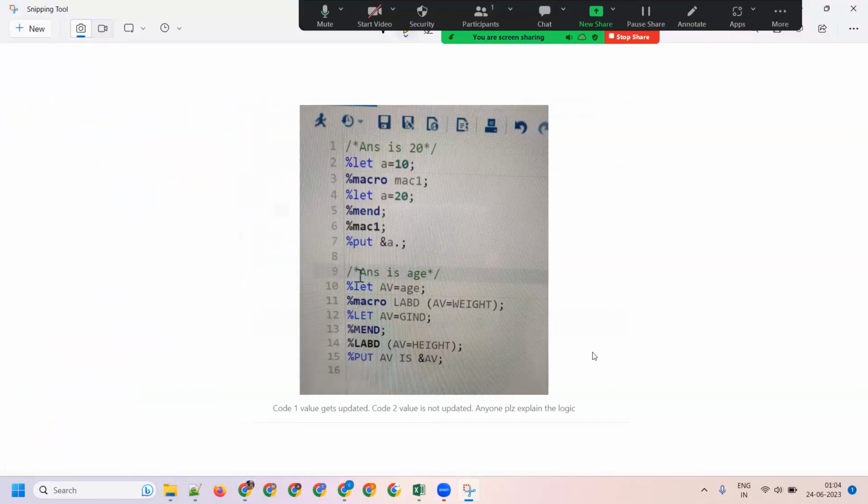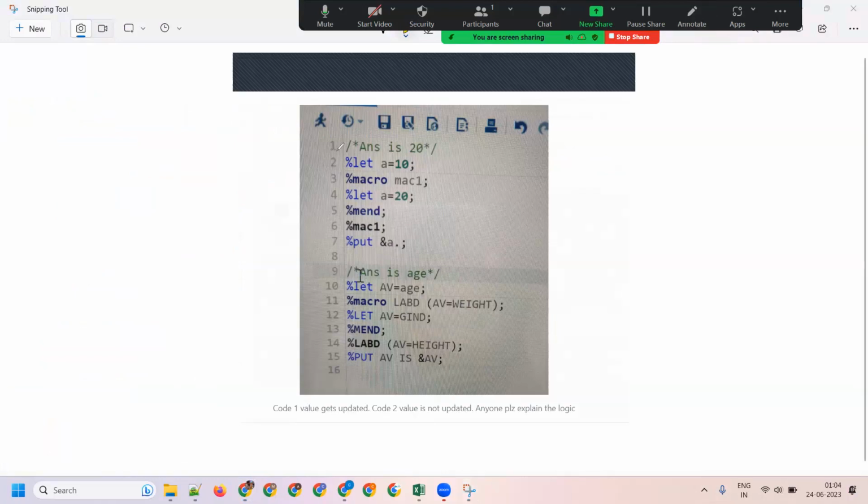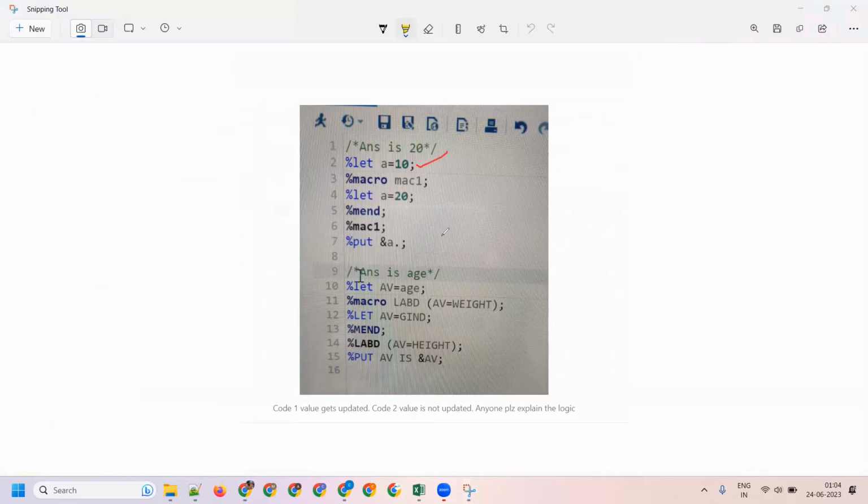I have two scenarios. Both scenarios are dealing with macros, specifically macro variables, especially the scope of the macro variables, right? You can see the code from line number 2 to line number 7 here. That is one use case, from here to here. And then I have the other use case, where we have the code from line number 10 to line number